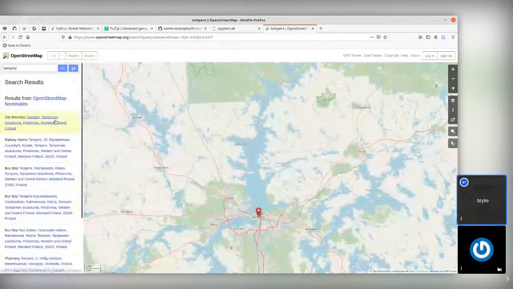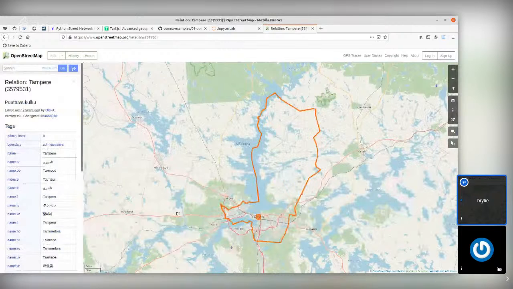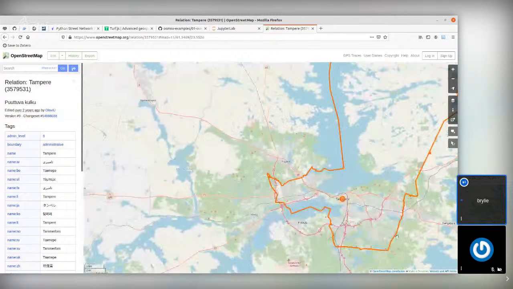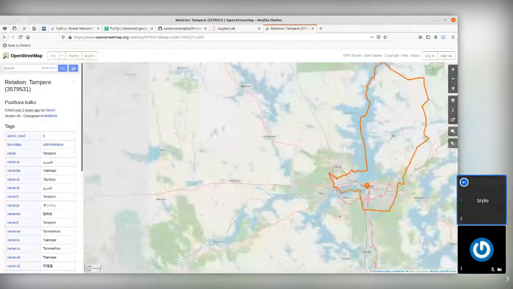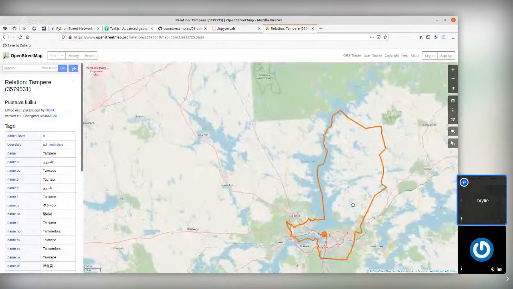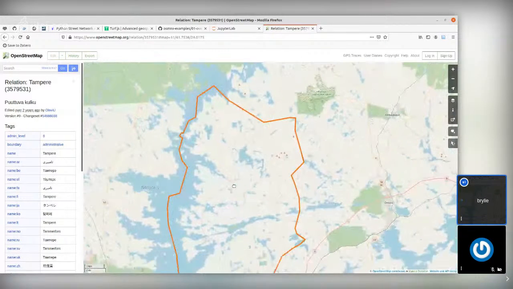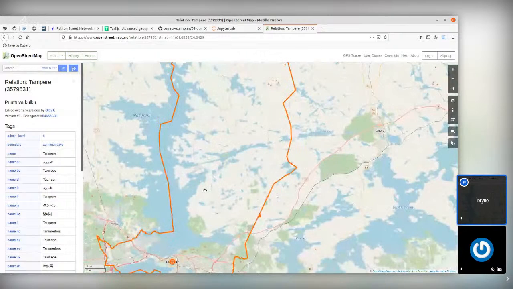All right, cool. So here's the city boundary of Tampere. You can see it's shaped like a boot almost. And the main urban area is here. It's not a very big urban area, but it has encompassed some really big rural area. A lot of people's summer cottages are up here. So anyway, that's